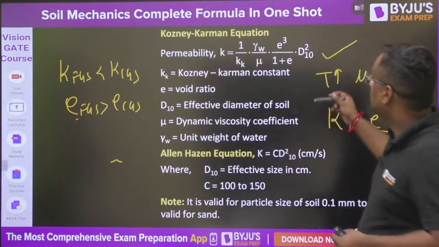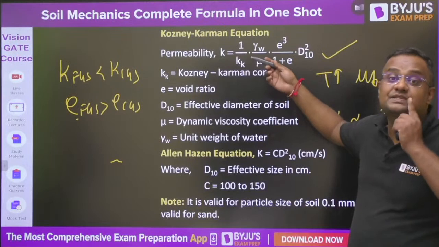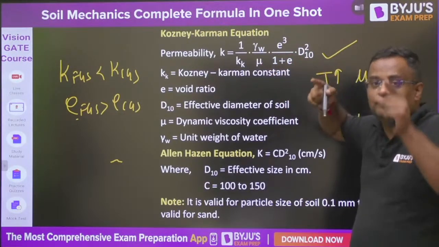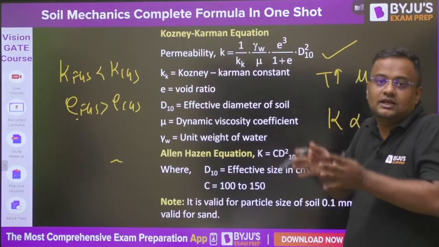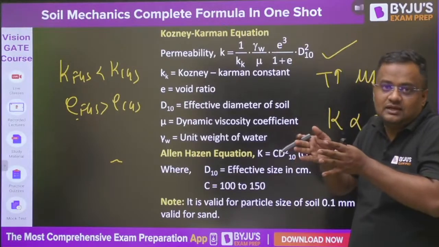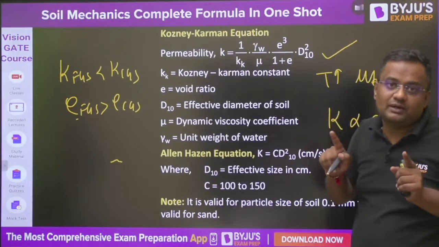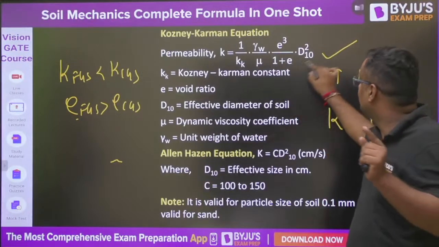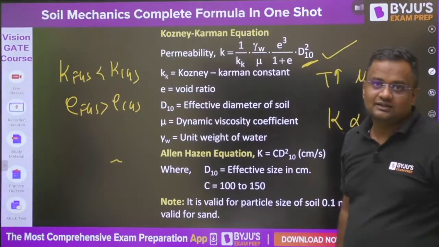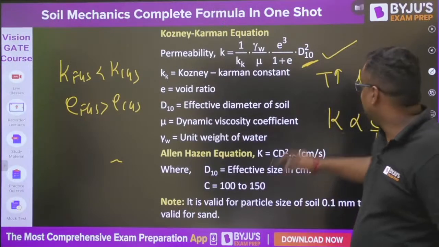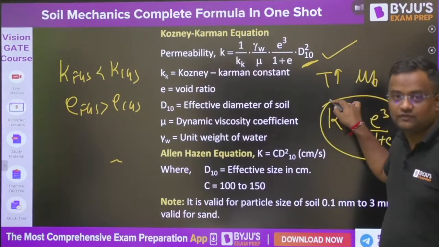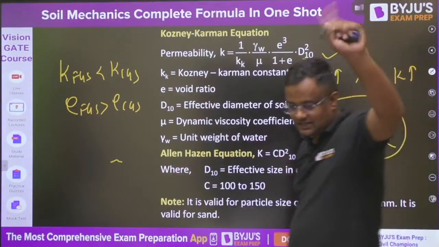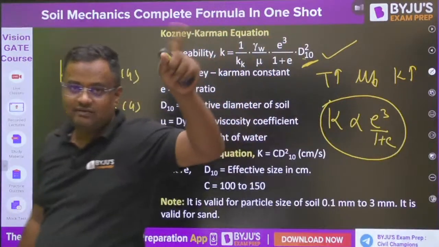Okay guys, this formula is for the same size of soil. If we are comparing coarse and coarse soil, then whose void ratio is more will have more permeability. We are not comparing two different soils with different diameters, because then D10 will also come into the picture, na? So we are only denoting K on the basis of e. That means we are removing this size D. Got it, everyone?